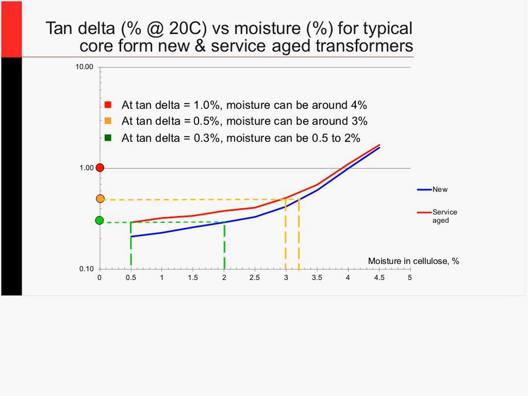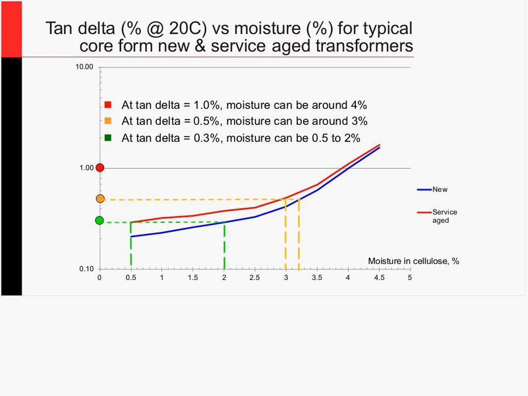By the time I'm getting closer to 3%, that's where you're getting really wet. But 1.7 and above is something I would not be so happy about. And this is telling me that I can get 0.3% power factor for a transformer anywhere from 0.5% moisture content to 2% moisture content. Well, the problem is I'm doing power factor tests to determine how healthy my insulation is,